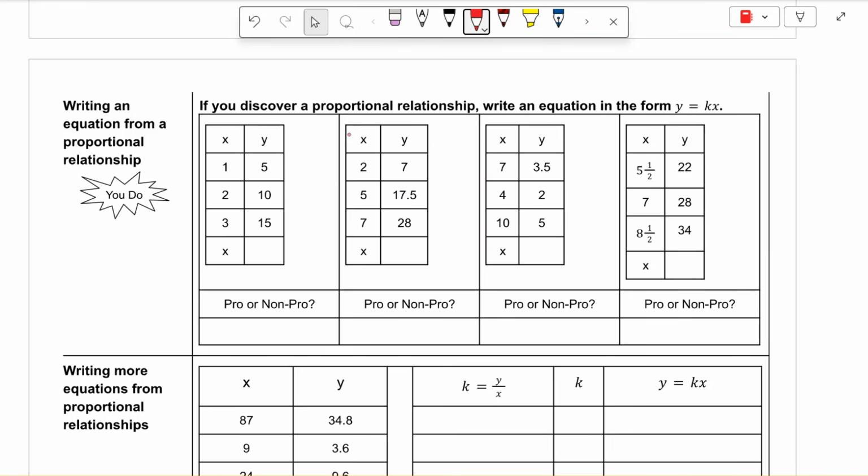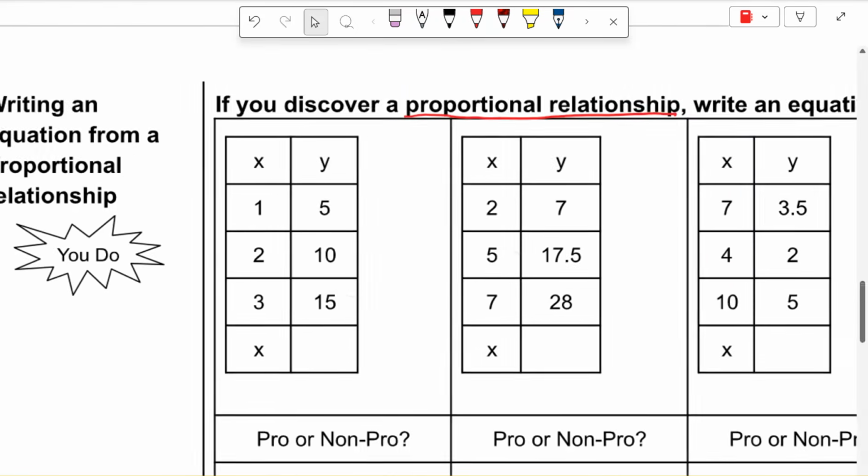If you discover a proportional relationship, write an equation in the form of y equals kx. And we just learned how to do that, so let's go ahead and get started. So these are all vertical tables here, and we have x on the left and y on the right. And to find all of our ratios, all we have to do is do y